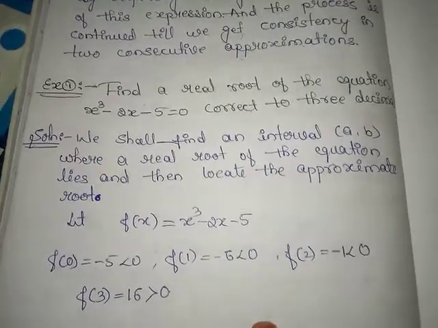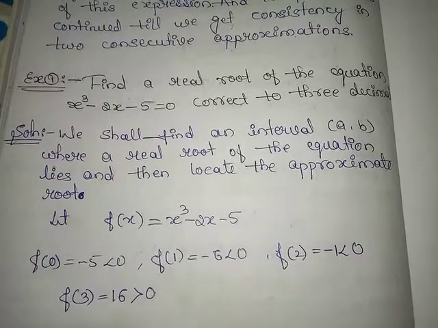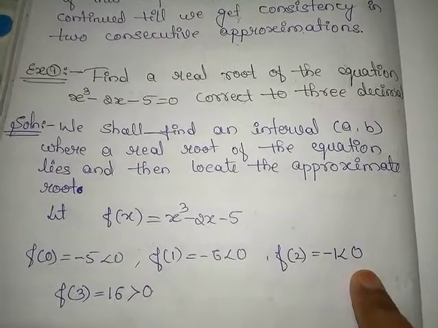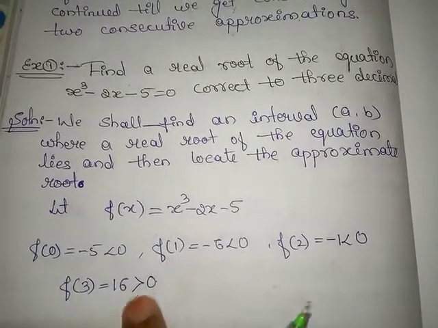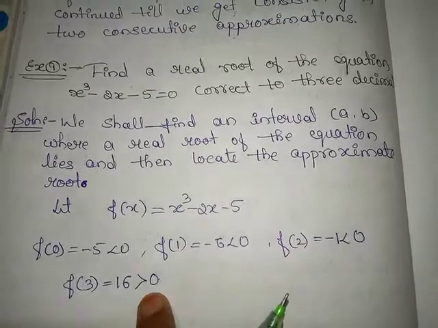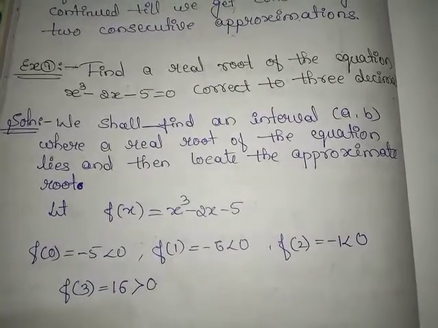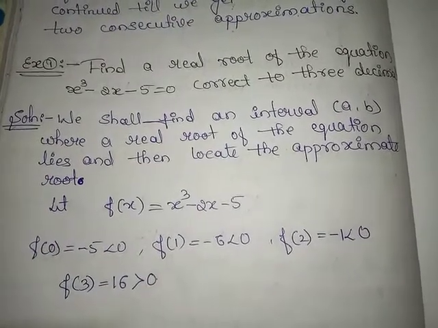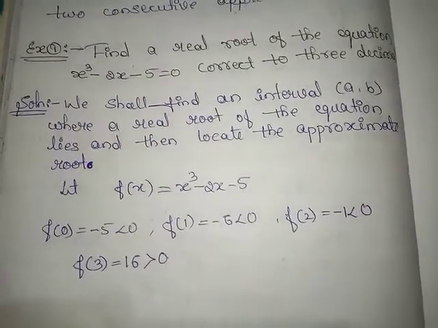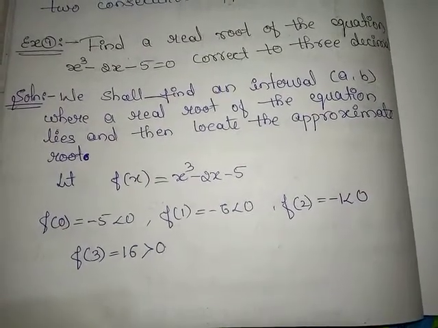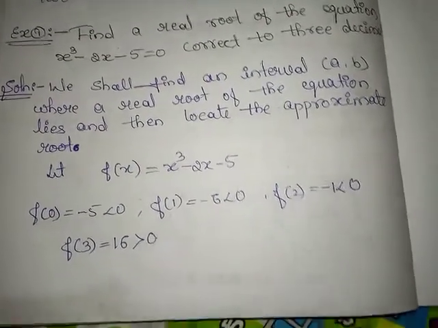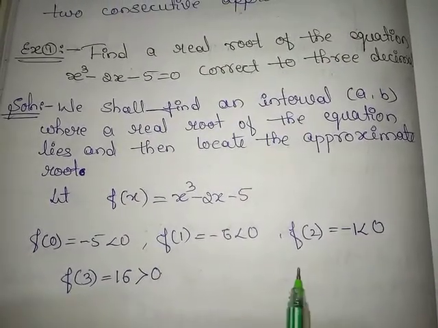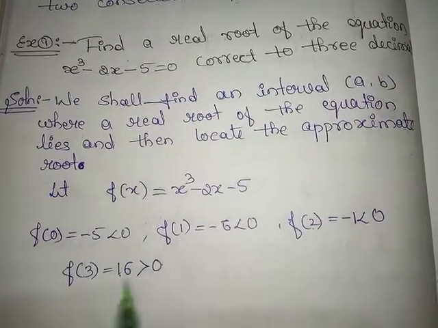Right? Here also we have to use the fundamental property that the two consecutive values of a and b give functional values, one less than 0 and one greater than 0. Here f of a is less than 0, f of b is greater than 0. But here the condition that b minus a is small enough is not required. Means we do not go for further intervals a comma b to make b minus a small enough. This is the final interval where our real root lies, in between 2 comma 3.